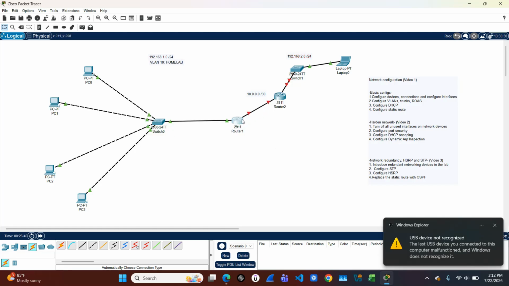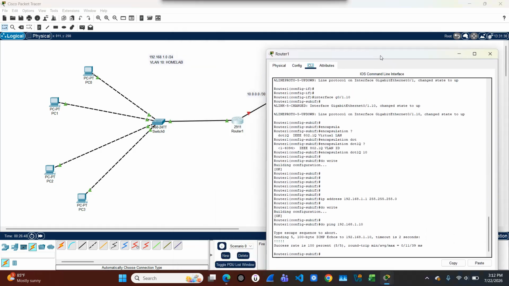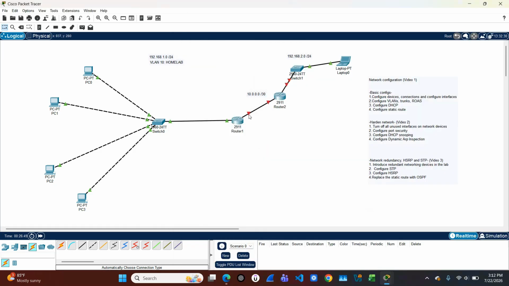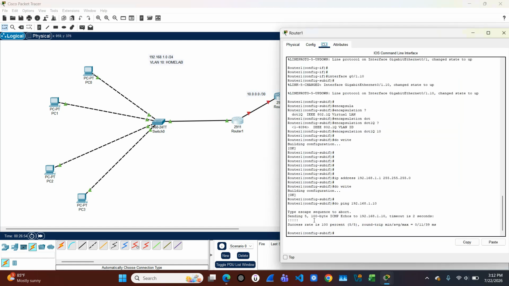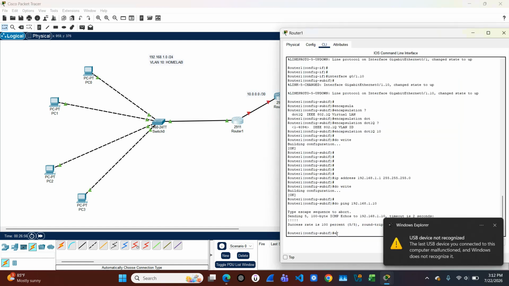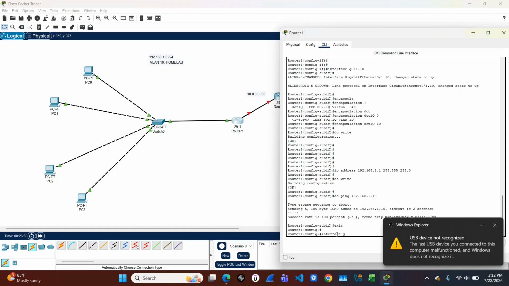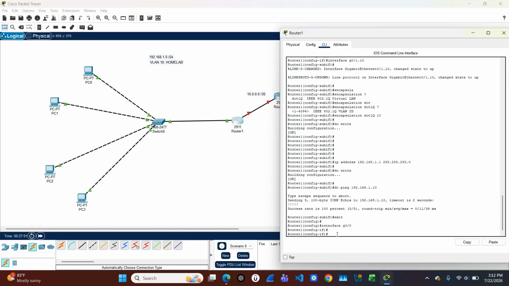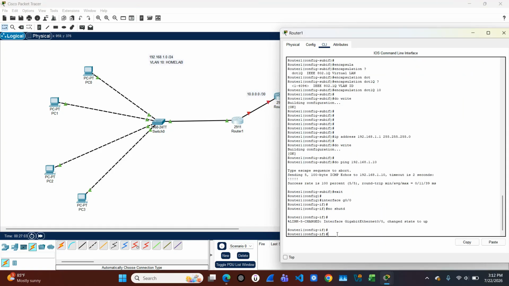So let's go ahead and go into router 1. Let me just double check which interfaces these are. Okay, 0, 0, perfect. So exit interface G0/0. I'm going to say no shut. You can see even though we push no shut and turn that interface up, it's still red. That's because this router is down as well. And if one's up and one's down, it will still have the interface connected down. So